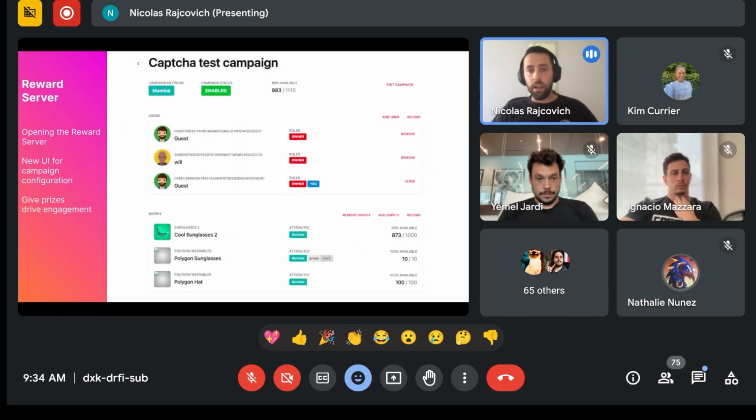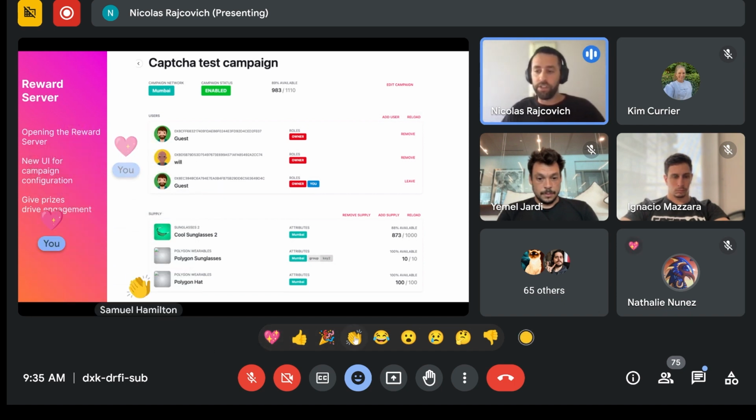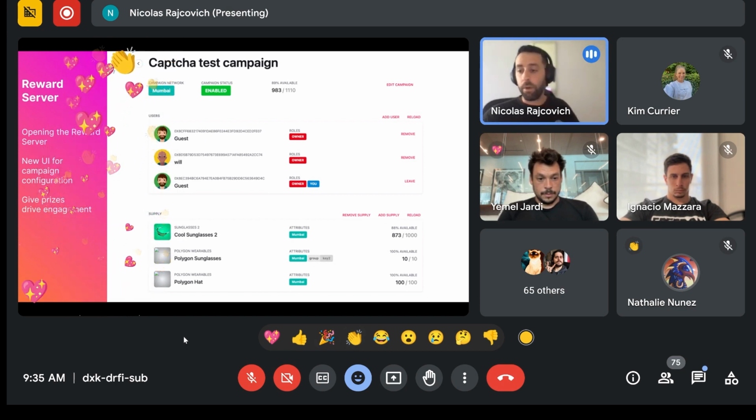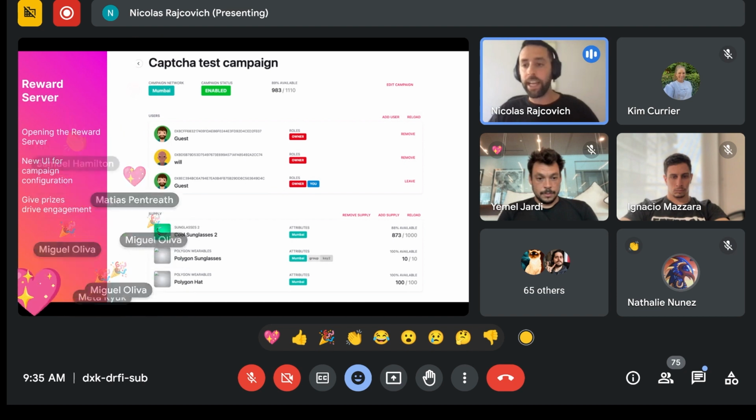Then we have the reward server, which is something that maybe you already interacted with, but it was closed. Now we are working on a UI so that any creator can connect their scene with the reward server and give a reward after a user performs a certain action in the scene, and define the prize that someone can get after completing that action.